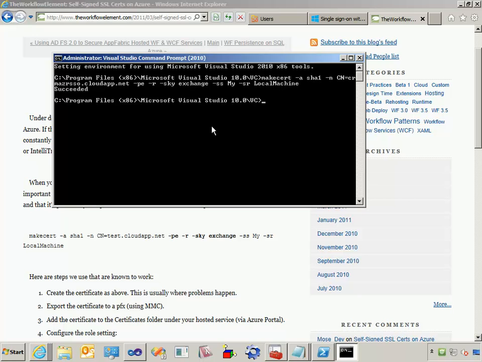So basically this is going to be a cert that we're going to use locally as well as deploy to Windows Azure to run the site under SSL. Now what you'll see later on is that we're going to get certificate errors in the browser when we use this certificate because it's not from a trusted authority, but that's okay in development, and I'll show you how to work around that in development. Obviously in production, you'd want to go get a cert from a proper certificate authority, but for now we'll come